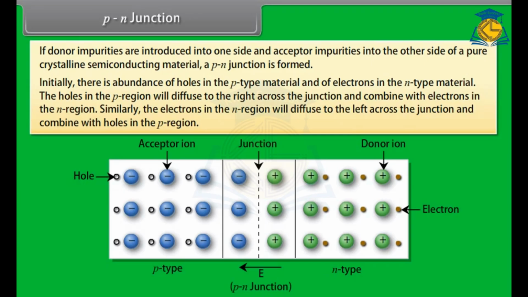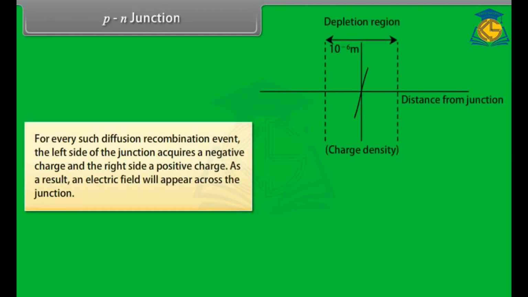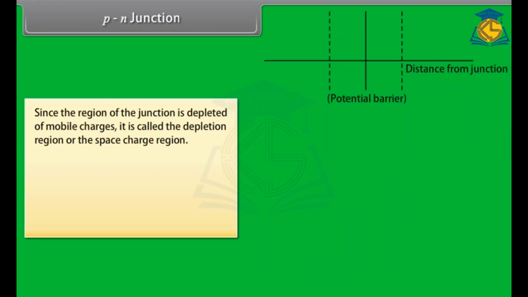The holes in the p region will diffuse to the right across the junction and combine with electrons in the n region. Similarly, the electrons in the n region will diffuse to the left across the junction and combine with the holes in the p region. For every such diffusion recombination event, the left side of the junction acquires a negative charge and the right side a positive charge. As a result, an electric field will appear across the junction. Since the region of the junction is depleted of mobile charges, it is called the depletion region or the space